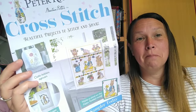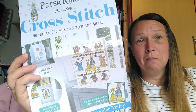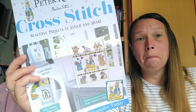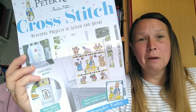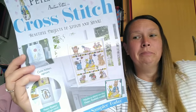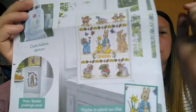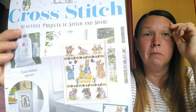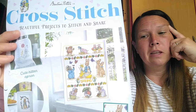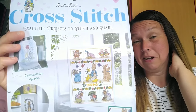subscription, like magazine subscriptions, because I'm fully aware of how long these magazines go on for and how much they can cost. But the more I kept looking at this, the more I kept thinking, well, I could just do the middle one, because that block there is in the first magazine. So I could just do that and make it a little pillow. But then the more I looked at it, the more I really liked it, and I do really like Peter Rabbit, and